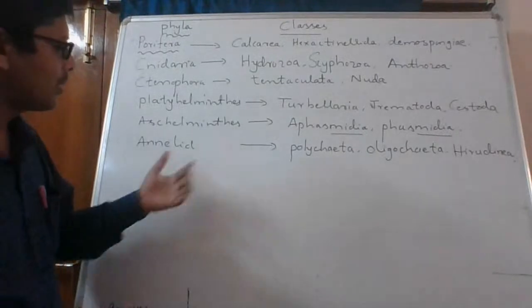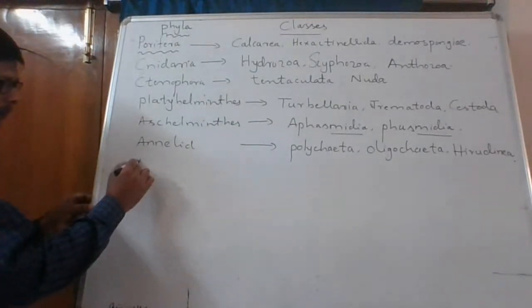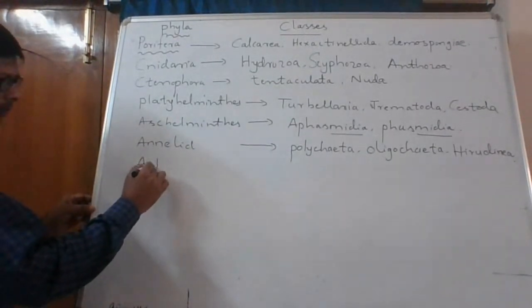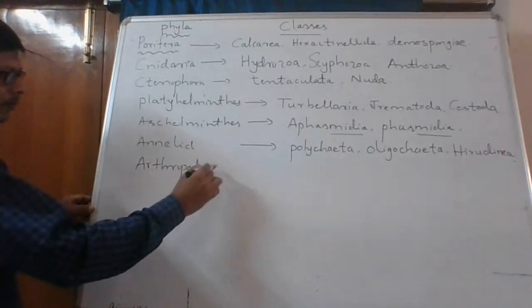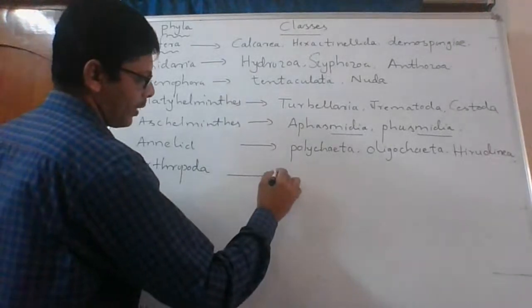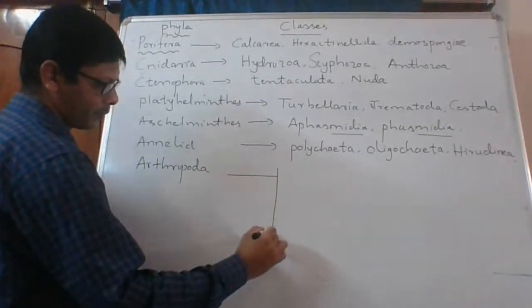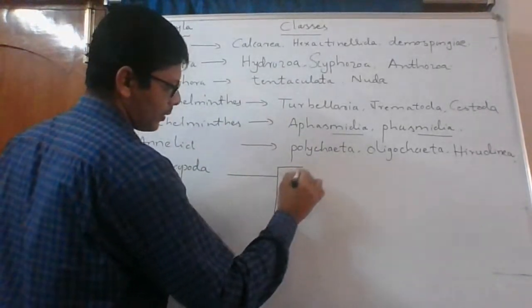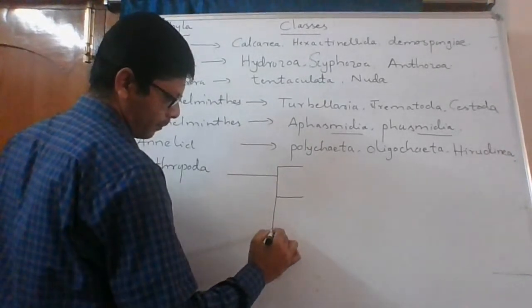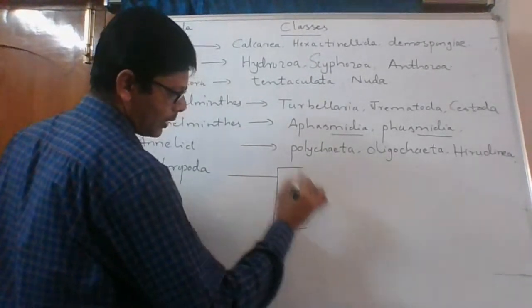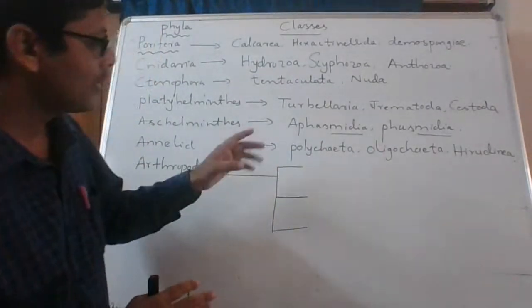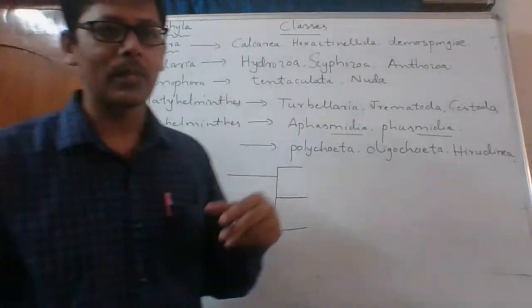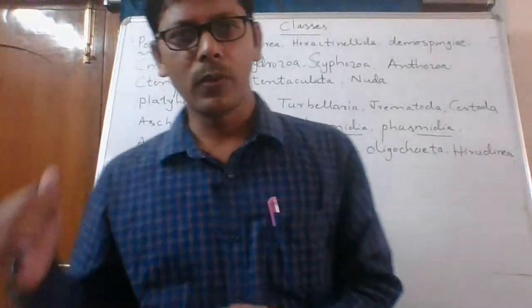Okay, the next phylum is Arthropoda. In Arthropoda phylum, there are three subphyla. Right now I am writing here not classes. In Arthropoda phylum, there are subphyla. Earlier I told you